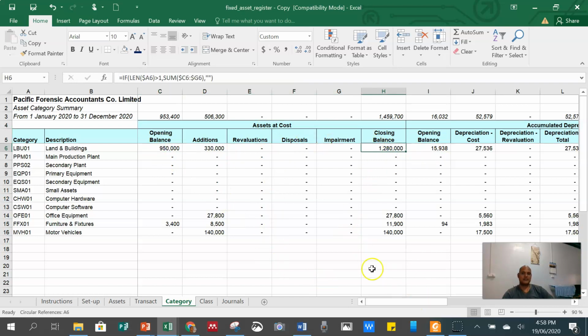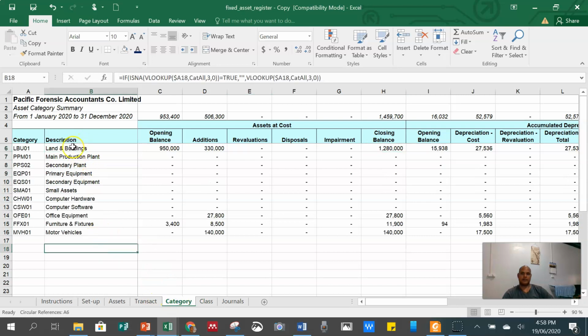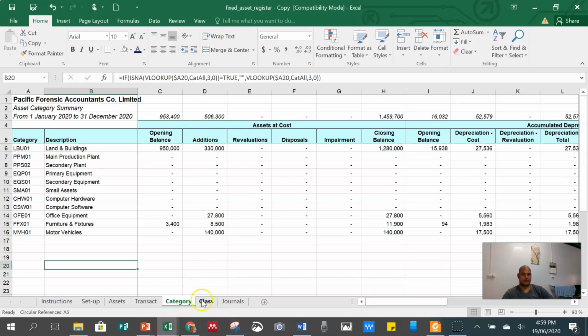closing balances. Is this information coming from here, coming from category? But the same information can be reflected based on the class. So these are the classes. It started with combining all buildings, and category, it combines with all types of asset categories that we have. This category here, this information here, is just the same as this one, but reflected in different views. That's what it means by these two. Don't ever touch them because they are all in blue.